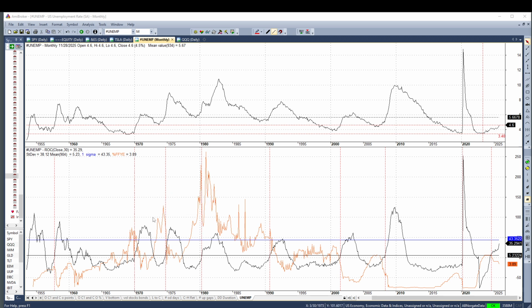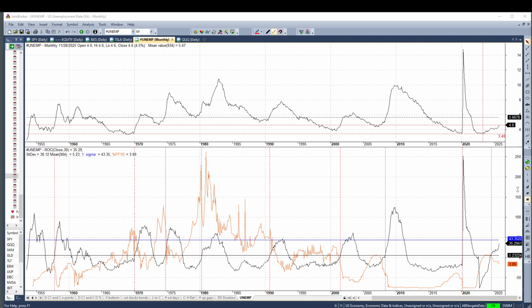The problem is in the 70s and in the early 80s, they cut and then they raised rates again. This was due to the energy crisis. During that time, the war in the Middle East and then the oil embargo and the high inflation. But since the 1990s, monetary policy has been fairly, I wouldn't say easy, but it didn't have the complications of the